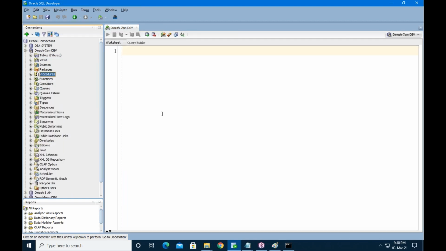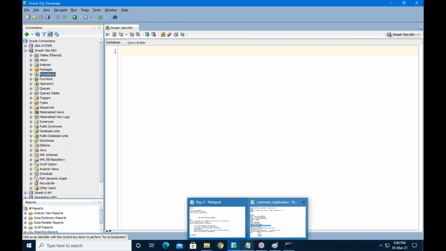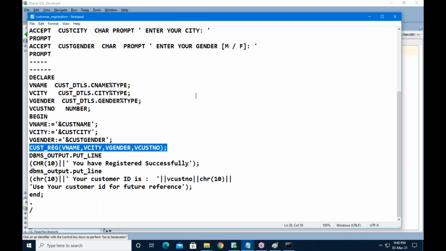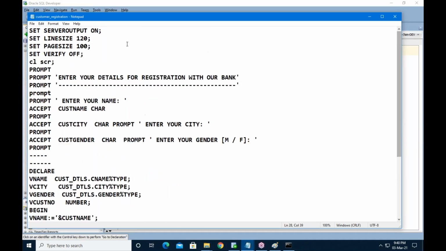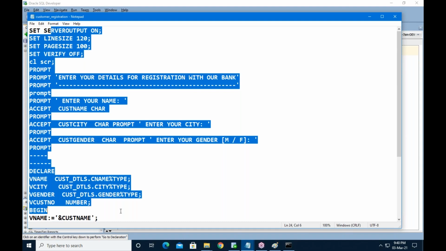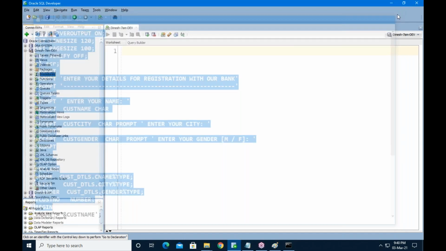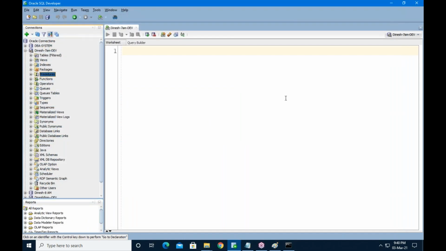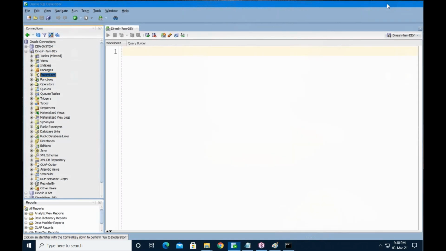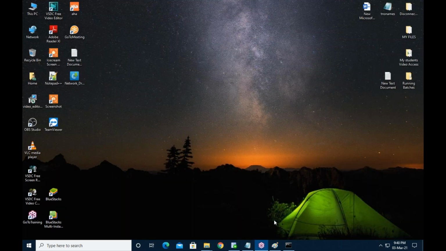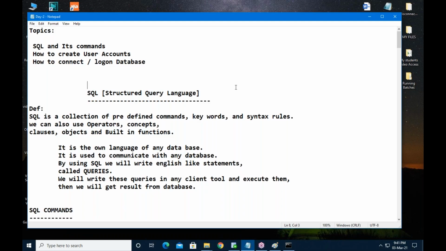These kinds of programs, client level applications as well as server level applications, both we are writing in our training. If you want to write such programs, you need to understand SQL and PL/SQL.